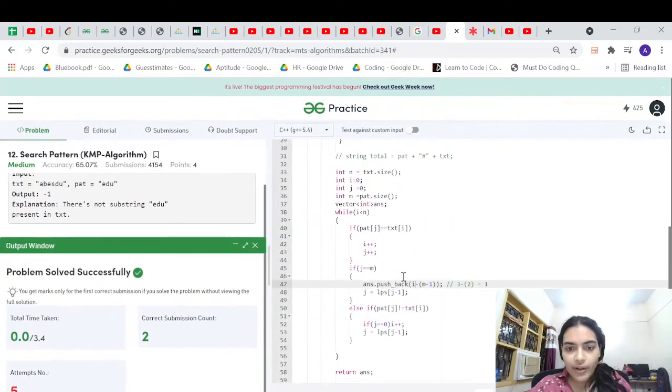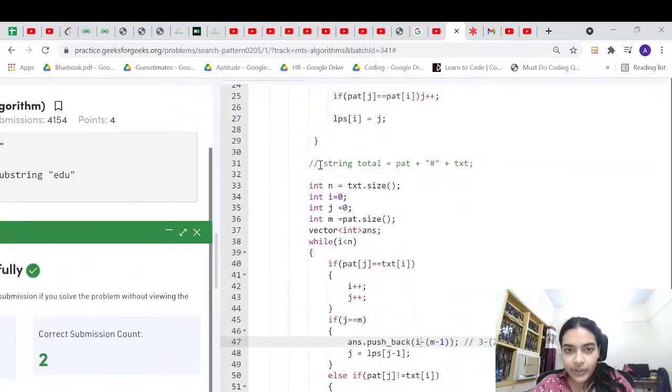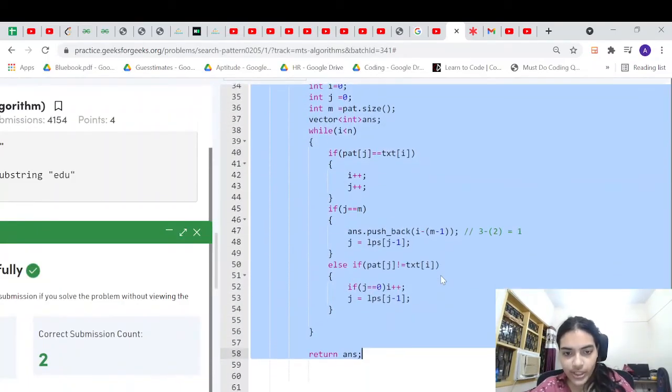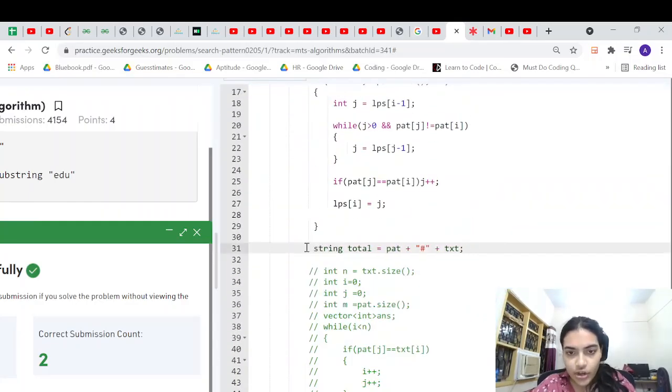Okay, so this is one way of writing the algorithm, but we can also use the other way which we discussed. If you don't want to use this way, there's also one more way as we discussed. So you can take a string